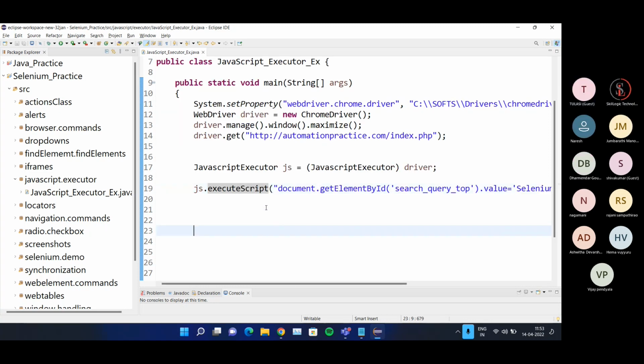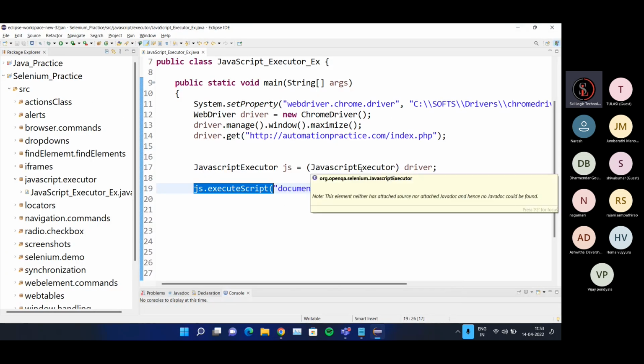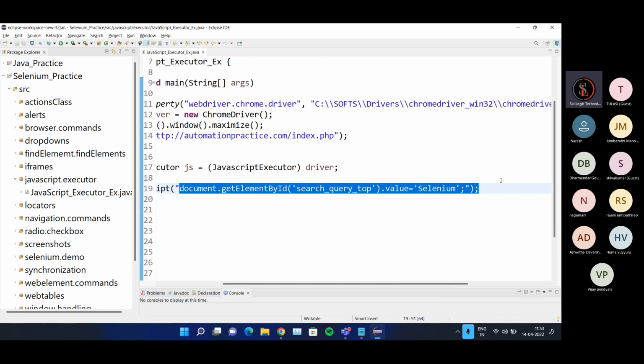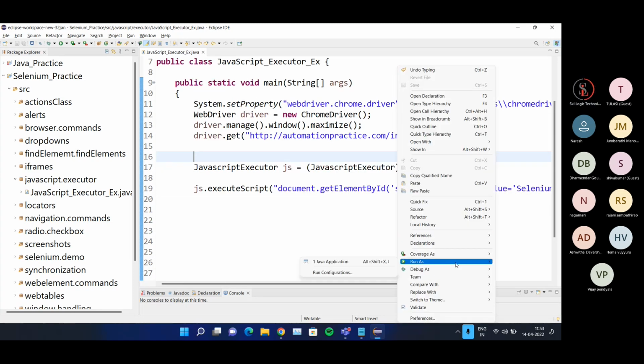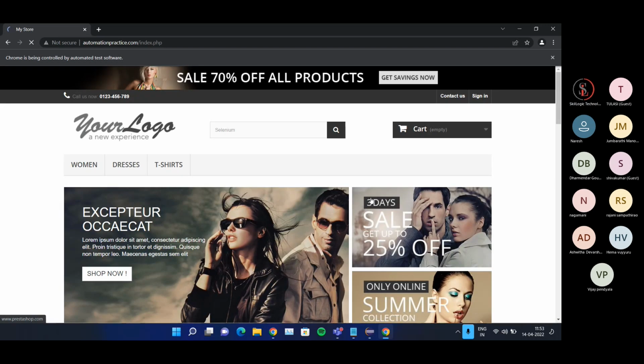Clear. Now if I run the code, it will help us to execute the JavaScript. Once the complete script is executed, automatically the JavaScriptExecutor will perform the same thing we saw previously in Chrome and enter the text in Selenium. Let me run this and see what exactly happens. See, we are able to enter the